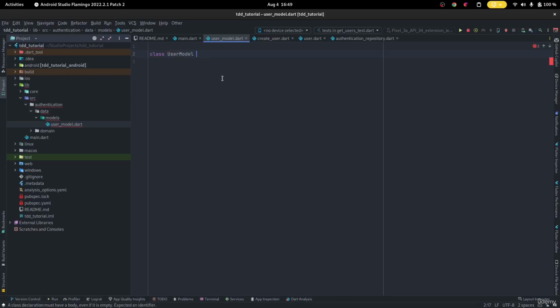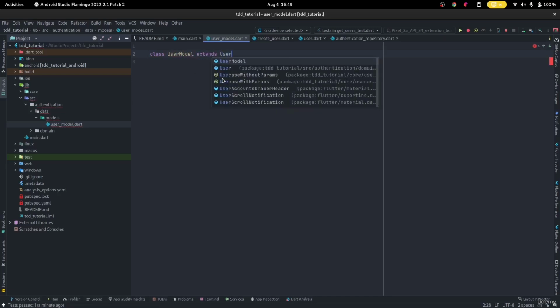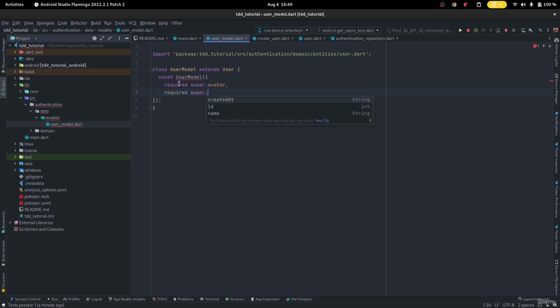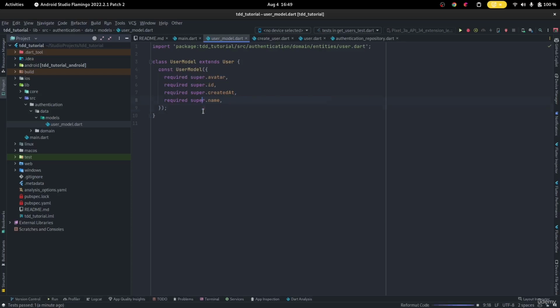Class UserModel extends. It extends the user entity, right? So it extends the user entity. All right, and then now we have to say const UserModel, create a constructor for it. Now because it's extending the user, we don't have to collect the information as properties, final username, final, because the parent class is already collecting them. We simply have to collect them in our constructor and pass them to the superclass. Right, required super.avatar, required super.id, required super.createdAt, required super.name. Alright, so now that that's done,